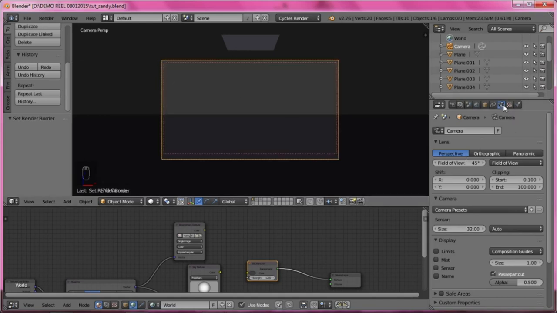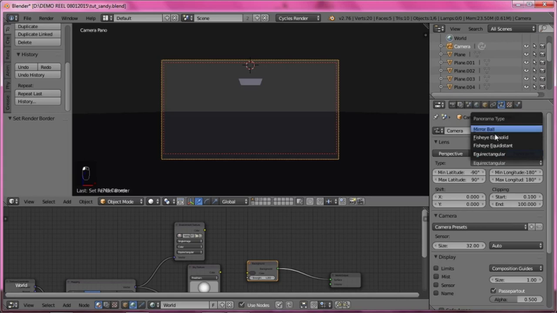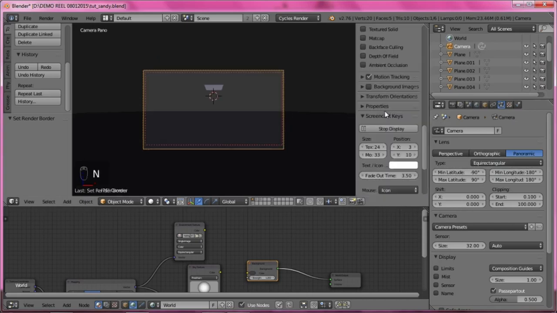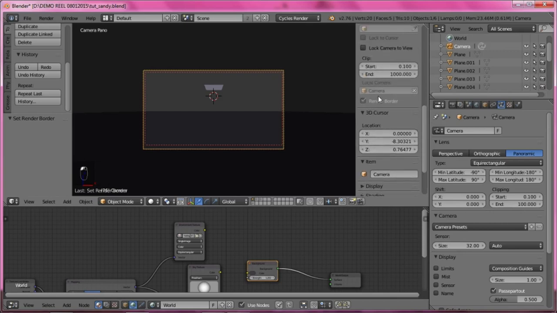okay, go to the camera property section and set field of view to 90. Change the perspective from panoramic to perspective, and change to equal angle, and press N for the property panel,